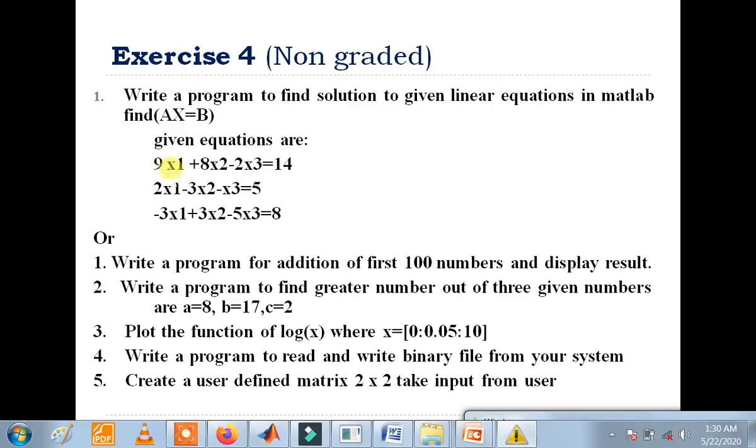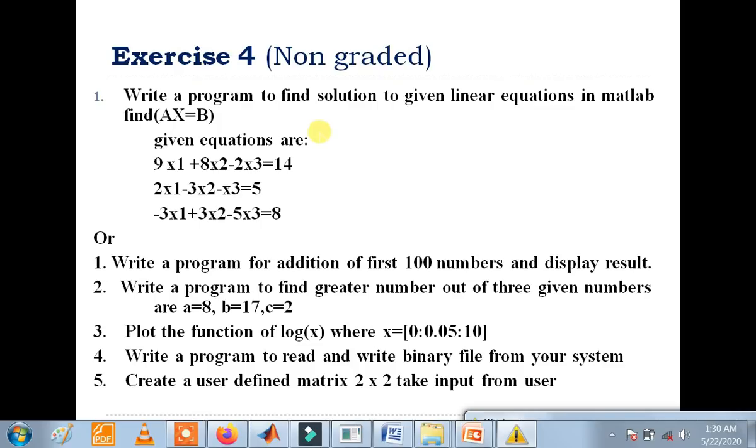So you have to enter the matrices. You have to enter A in the matrix format, and B in the matrix format, that is a column matrix, and A is the 3 by 3 matrix, and you have to find X. So rearrange this as X equals A inverse into B. We have the function for the inverse matrix, that is INV.